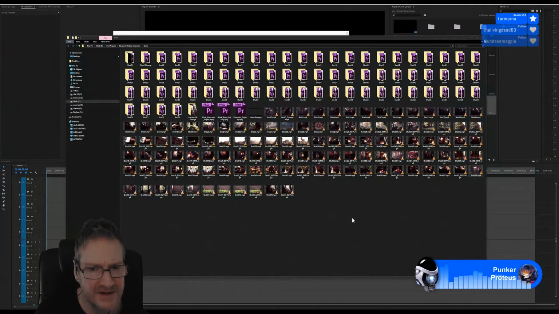And me keeping them in their own separate folder or bin, like I said, just helps stop them from polluting up all my other shots, considering I'm probably not going to use most of these shots, or if I do, I'm just going to use bits and pieces of them anyway.